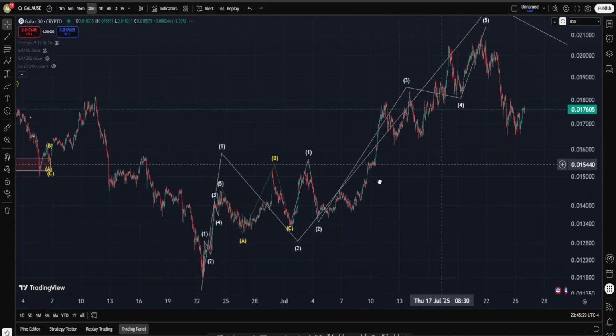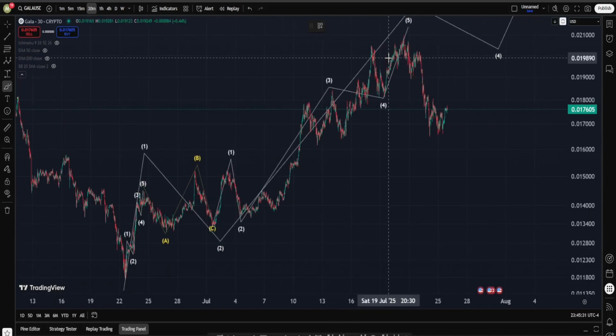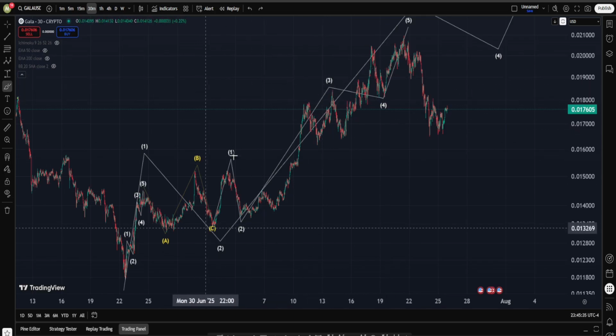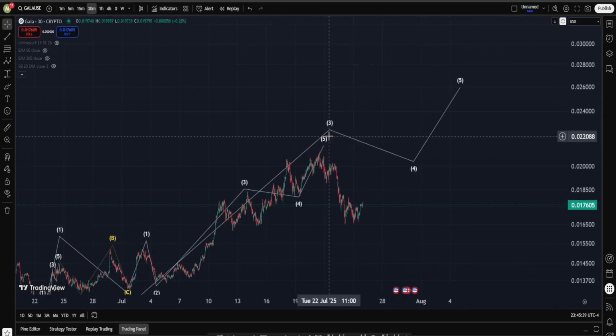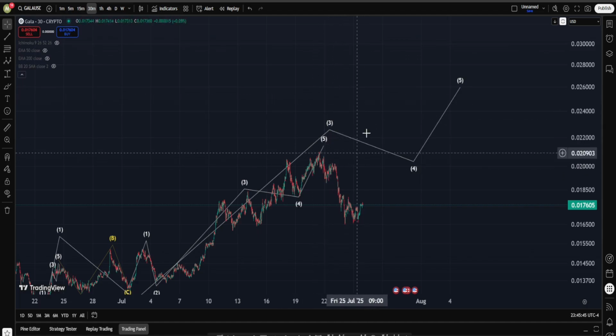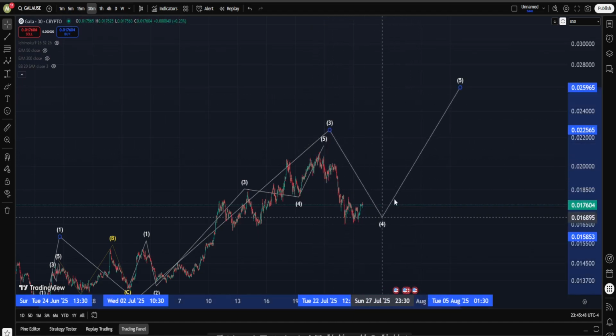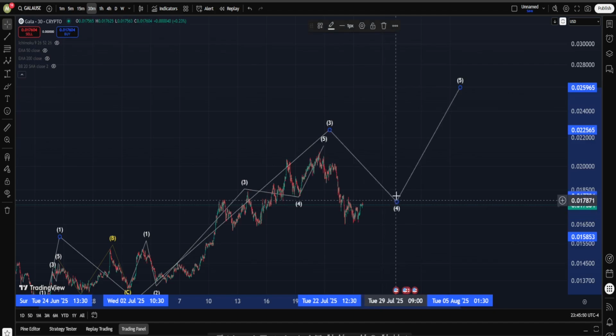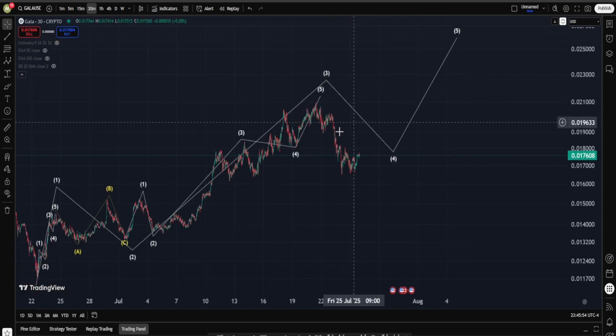And if you remember, in the previous video we were, I believe, right around this area, and the idea was that odds are this is a 1 2 3 4 5 wave into a larger degree wave 3, and if we get a move down, it's not going to be a bad sign at all. There's a very high chance that that's just going to be a correction structure into our wave 4, and what's next according to this scenario, most likely yet another move up into wave 5, and now we are getting a